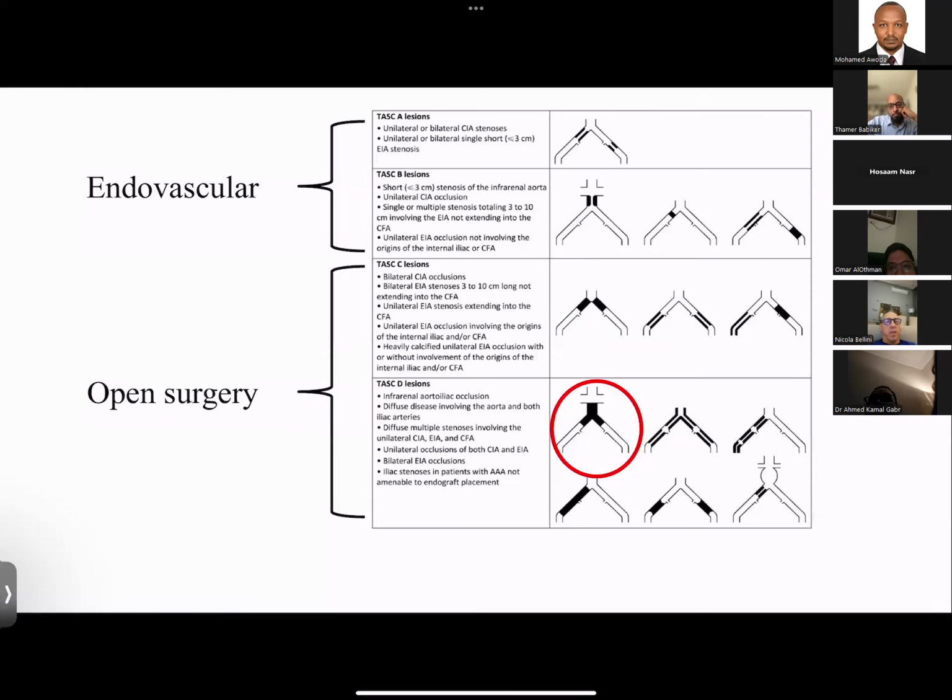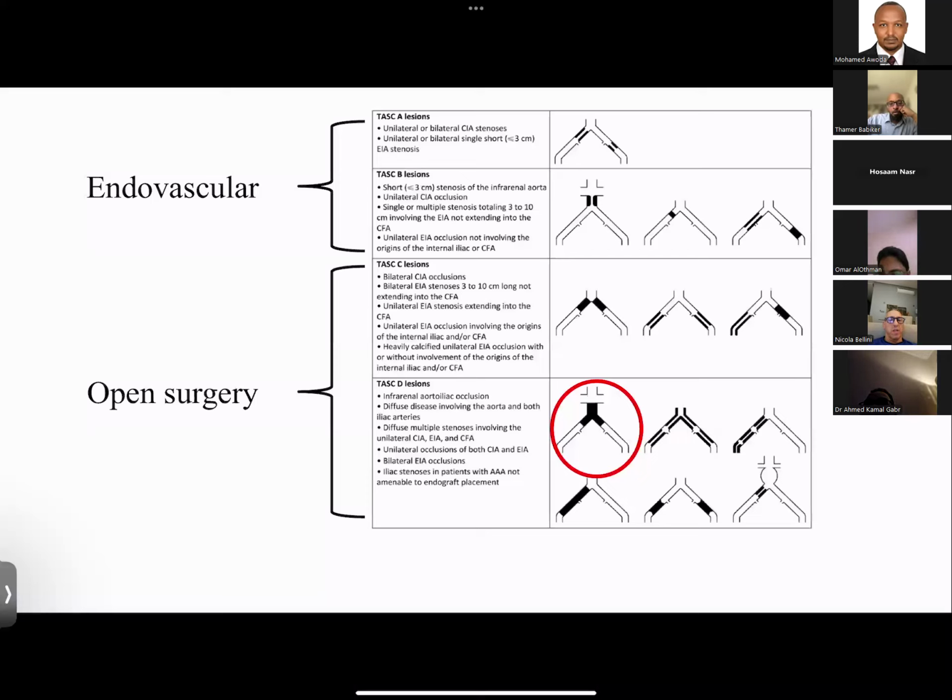But in all fairness, what I do these days is that I almost always have endo as my first option, except for that distribution of disease circled in red. So if one has a flush occlusion to the renals, this is the time where I'd actually prefer open surgery to endovascular. Because when I plan my intervention, I always say to people, if I'm going to do it, I